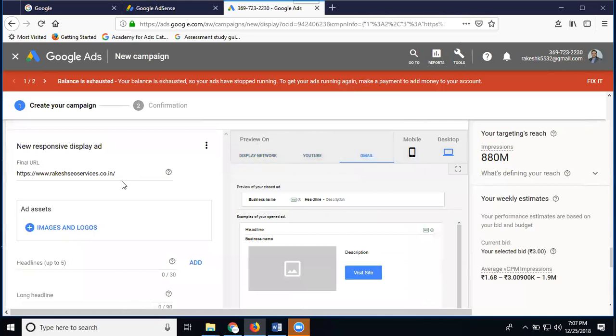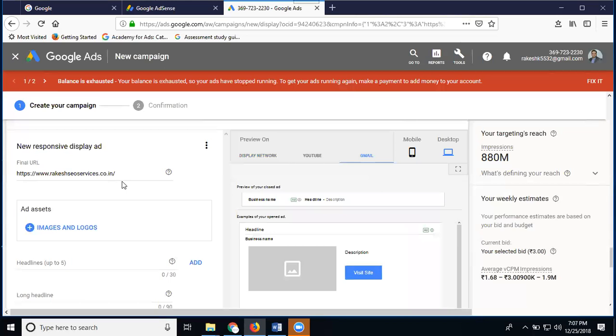The ad will be displayed on the display network, which means websites approved by Google AdSense.